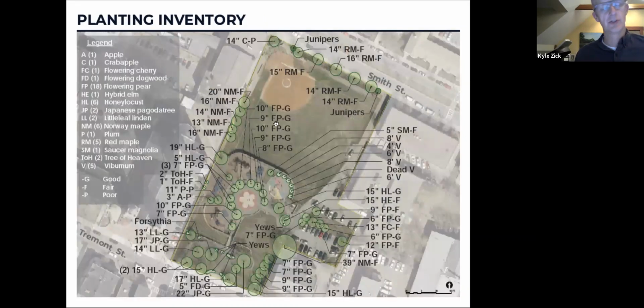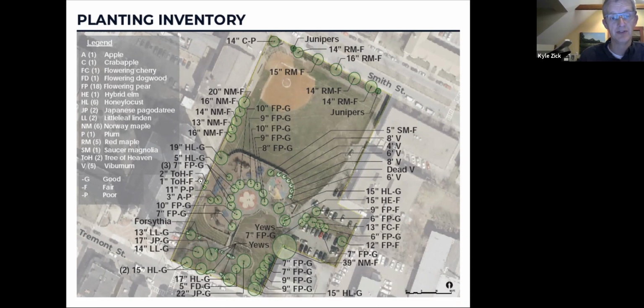So then I shift gears, from some of the furnishings to the growing elements of the park, the planting. And the good news is that the trees in this park, for the most part, have been very well maintained. They've obviously been pruned on a fairly regular schedule. They're in good condition. This map looks like it conveys a lot of information. I'll decode it for you a bit.